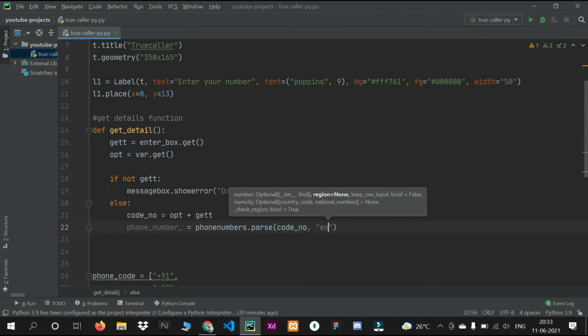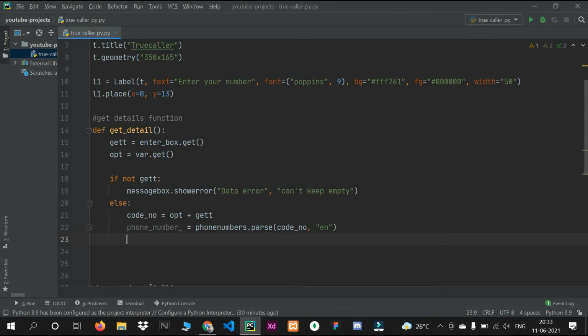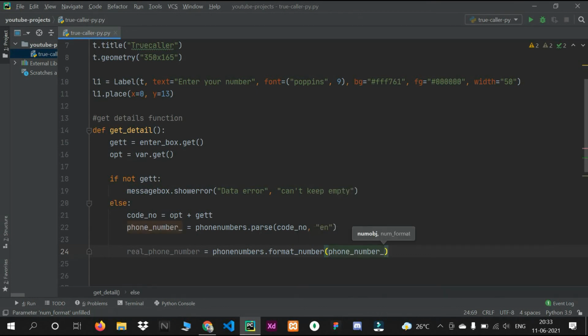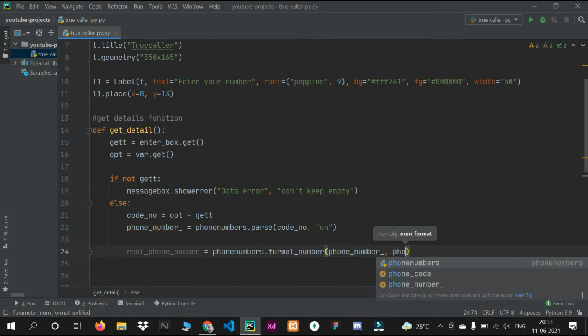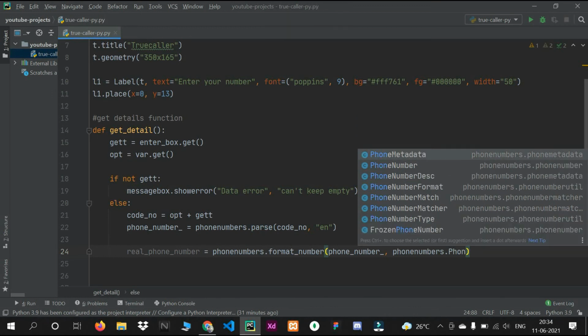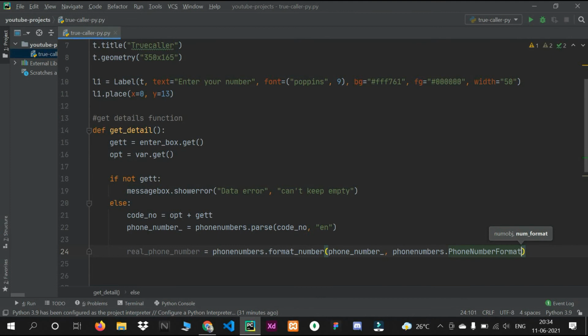we have to select the language. I will take English as the language, and after that I will make one variable, real phone number. In this we'll take phone numbers dot format number, and we will use our phone number variable, and then phone numbers dot phone number formats, and then international.